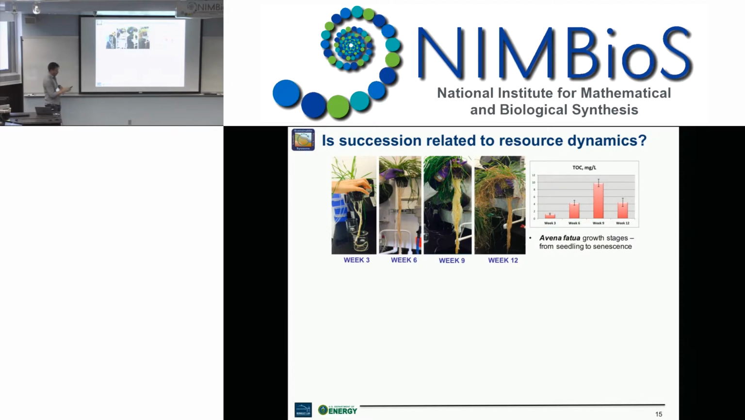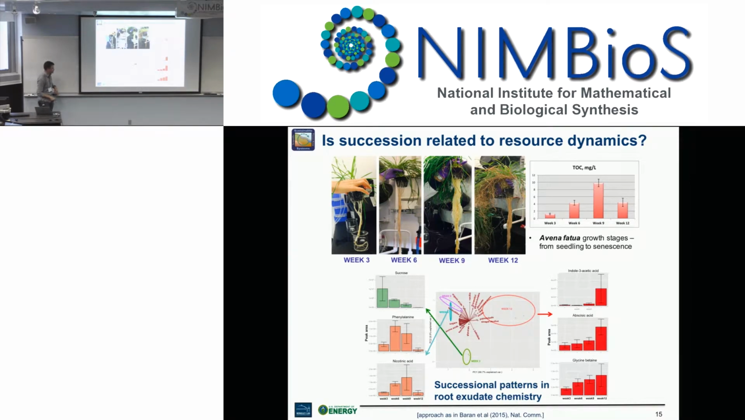Okay, then you can look at the composition of this, and this again is work in collaboration with Trent Northern's lab, doing metabolomics on the exudates. And so we can see here's an ordination of week 3, week 6, week 9, and week 12. The composition of the exudates changes over time as well as the quantity of the exudates, and particularly organic acids, amino acids, nucleotides, etc., peak at week 6 and week 9 when we have the higher concentrations. Okay, so